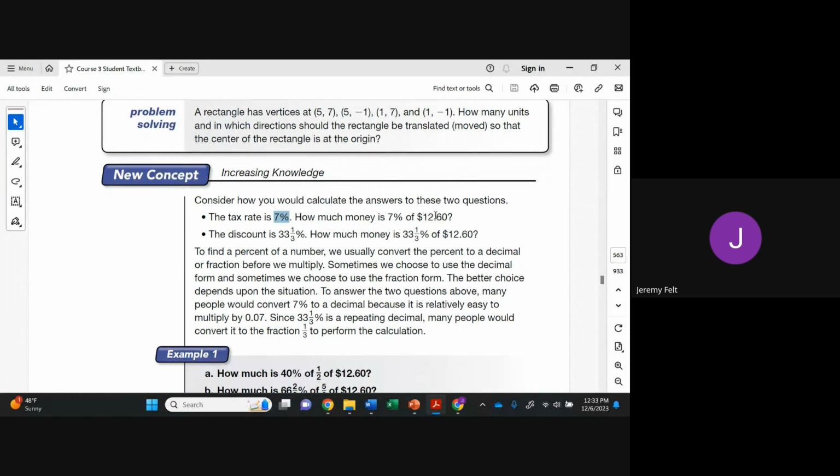We can do 7 over 100 and do a fraction and reduce and multiply. But since we don't really operate with fractions in money, we use decimals. I think multiplying a decimal by a decimal will be a little bit easier. Now, that may not always be the case, because if the discount is 33 1/3%, which is kind of an